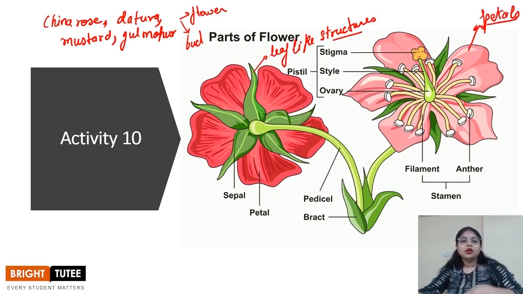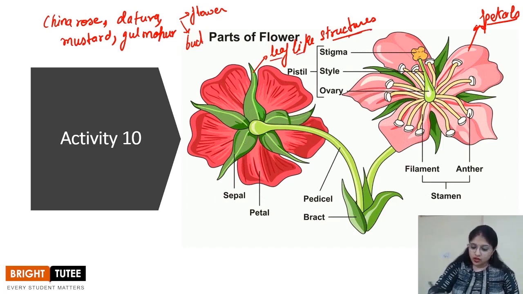These are brightly colored. You will find among China rose only there are various colored flowers. Means there are pink, there is red, right? Sometimes it's a mixture of colors, so it's beautifully colored. Then again, the Dhatura flower is white in color, mustard is yellow, and in this way you will find that different petals have different colors, right? So if you look at this image, you will see that this leaf-like structure is called the sepal, right? So what is it? It is a leaf-like structure,